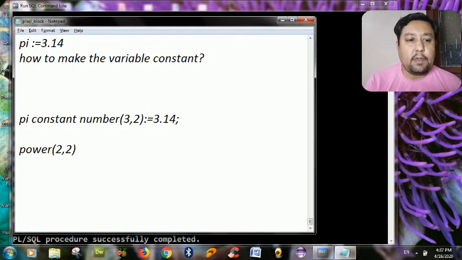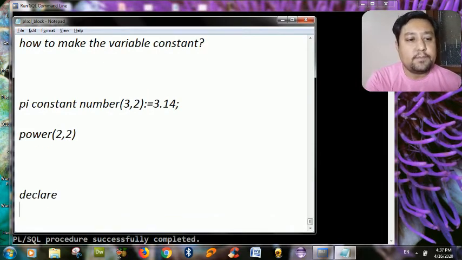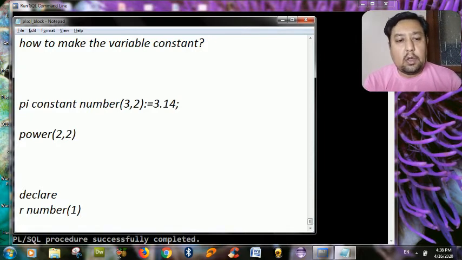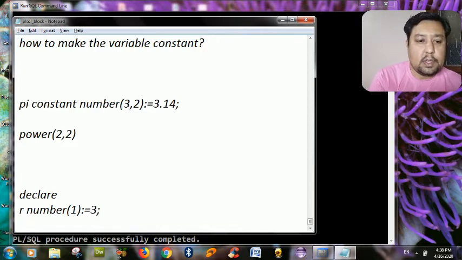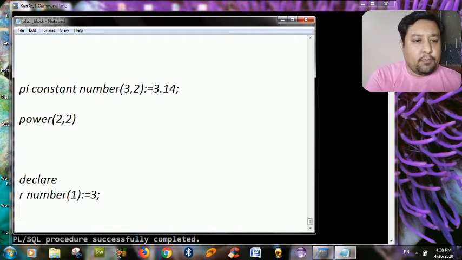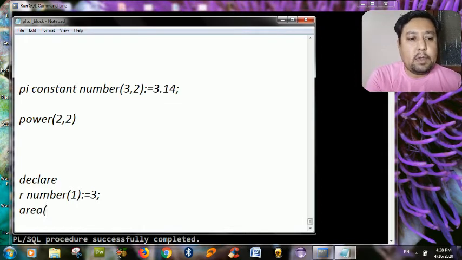So first of all, we are doing this program. Declare radius for r, number size 1, because it is only one digit, colon equals 3. I'm initializing it with 3, and we will calculate the area